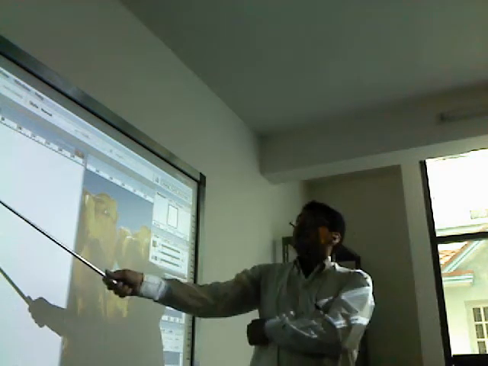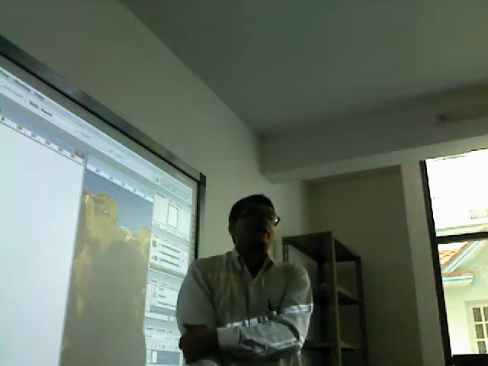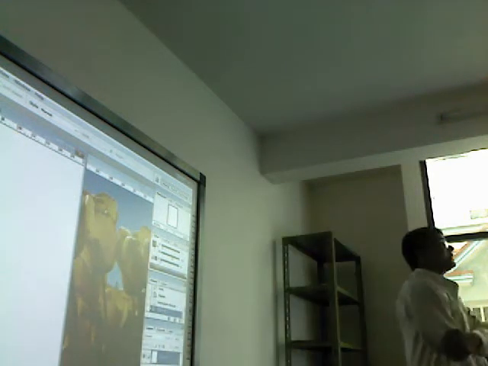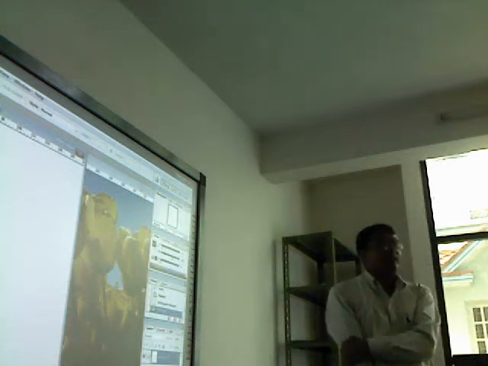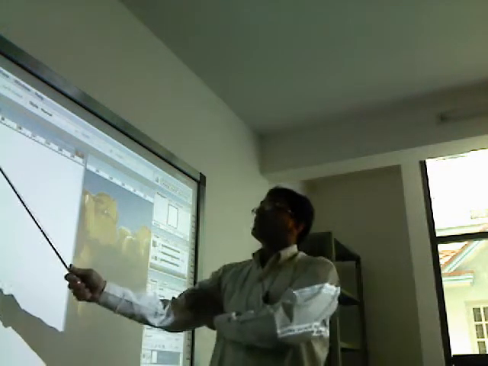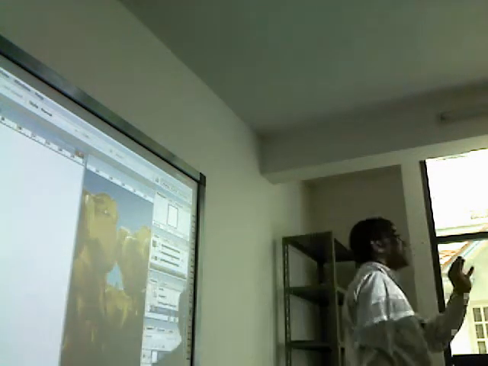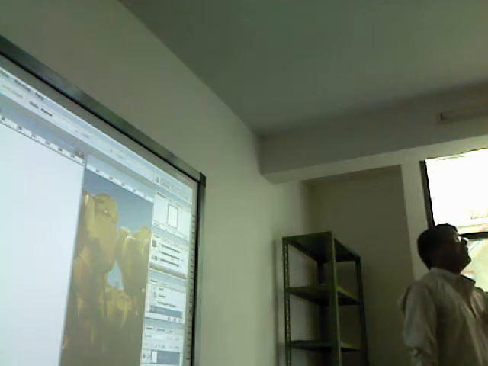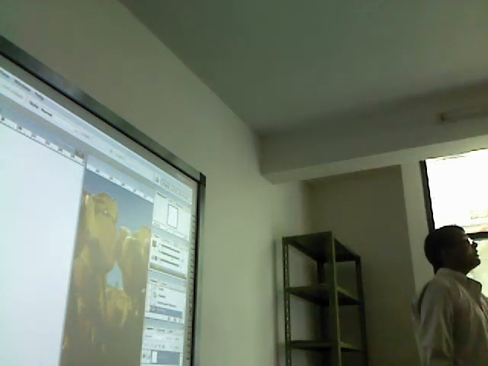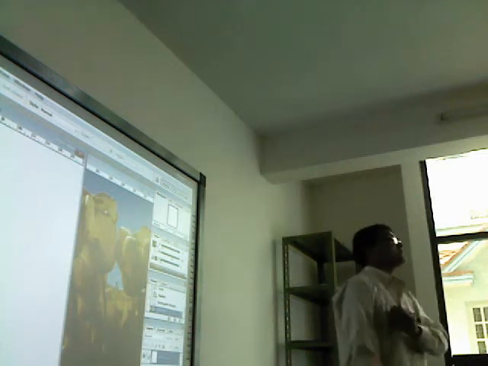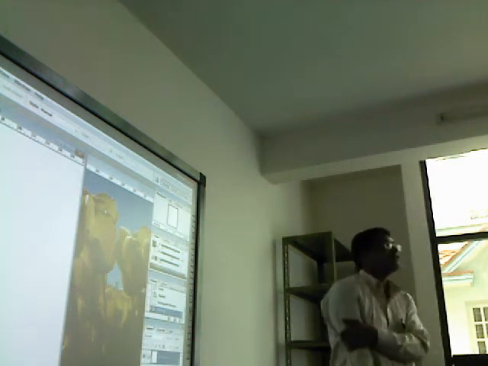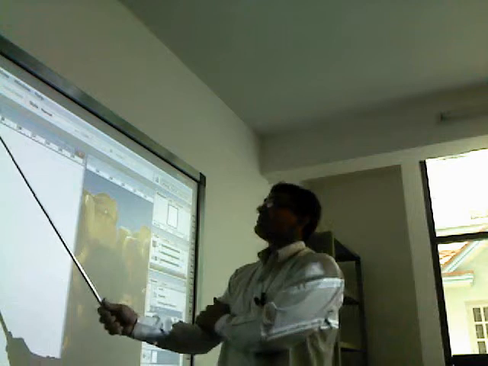If we choose the rectangular marquee tool, it selects a rectangular shape in our picture. If you choose the elliptical marquee tool, it can select the picture in oval or ellipse shape, or circular shape if you press the shift key.